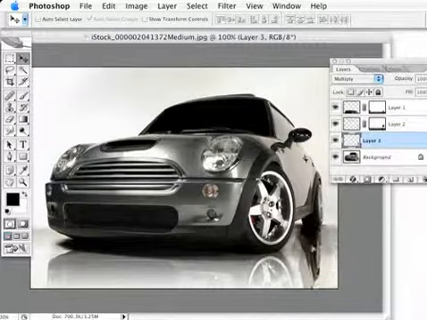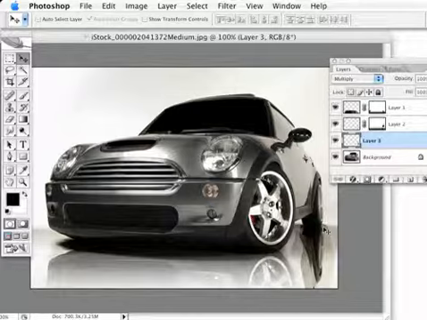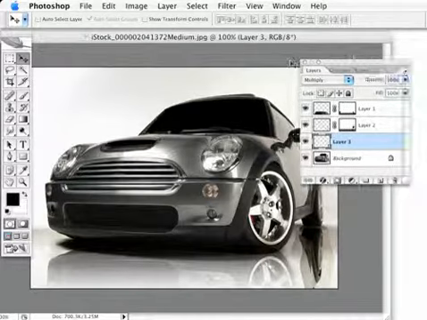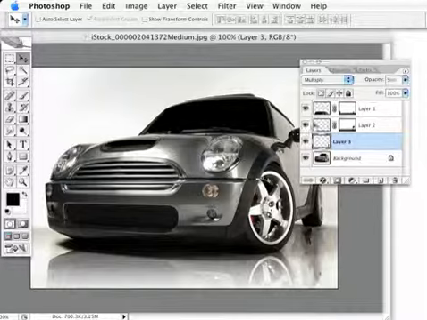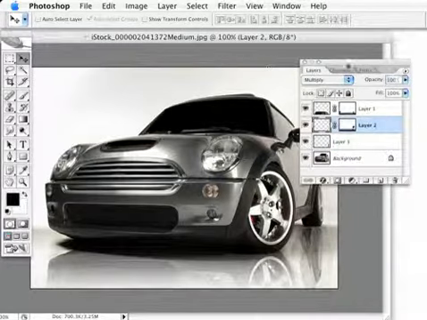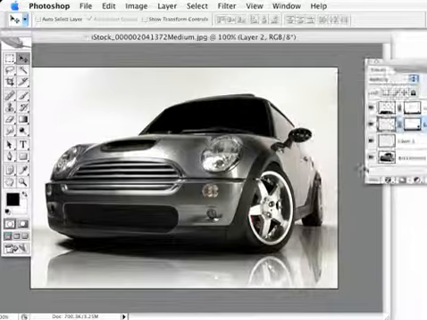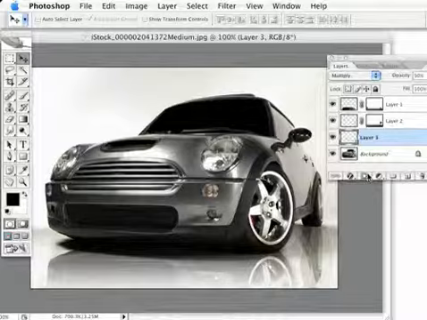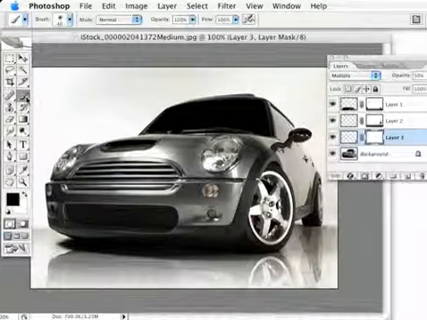Alright, so we got this wheel. Let's nudge that into position there. And let's drop that layer's opacity down to about 50%. And let's do the same with this one. So all my reflection layers are set at 50% and a blending mode set to multiply. Back to that wheel image, I'm going to create a layer mask, get my paintbrush,